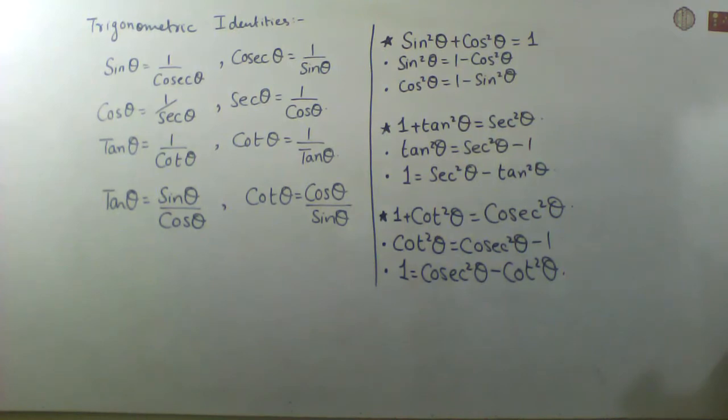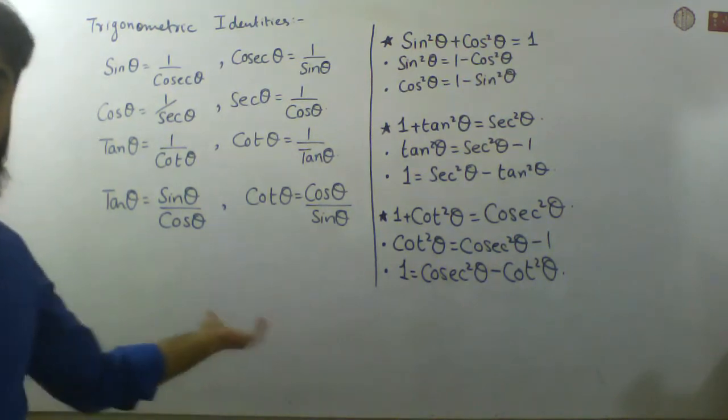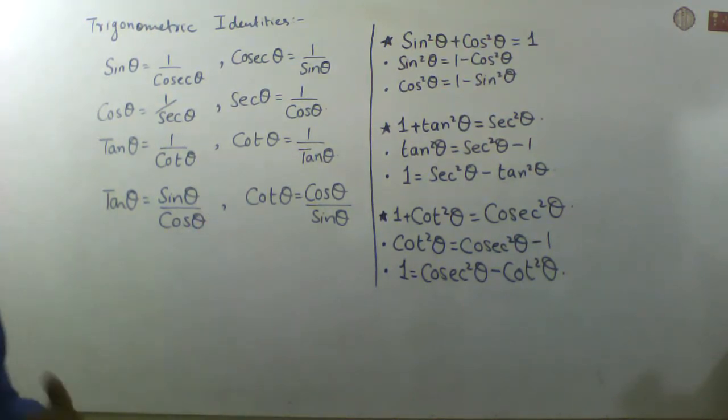Okay, so these are the identities, the formulas which we are going to use in solving trigonometric identities. You can take a screenshot of this screen also, so you can have it as a record. Whenever you are solving your questions, keep this in front of you, so it will be easier for you to solve these types of questions.